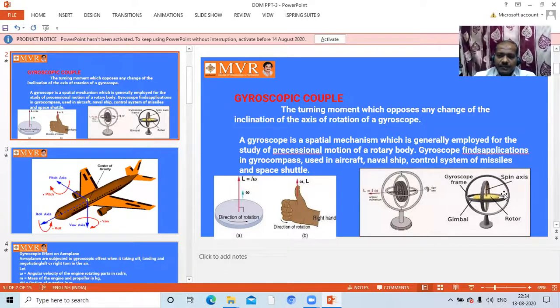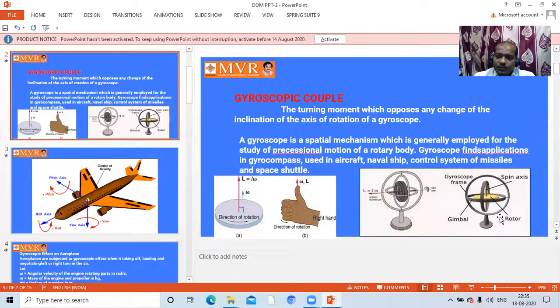This is called a gyro compass. A gyroscope device contains a spin axis, a gimbal, and a surrounding frame. That means if the disk is making rotations, the disk is going to balance at one point. That point is called the center of the axis, and the center of the axis is called the spin axis. Based upon the mass of the rotor, the spin axis is going to be different. That means we call the mass here a rotor.